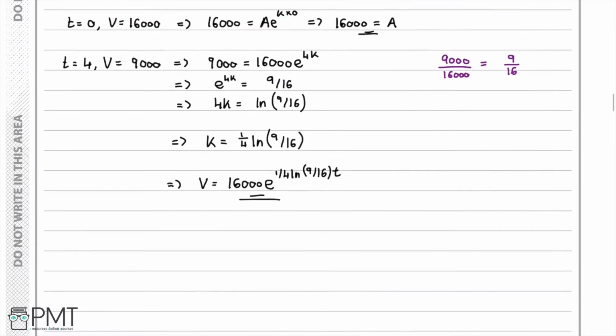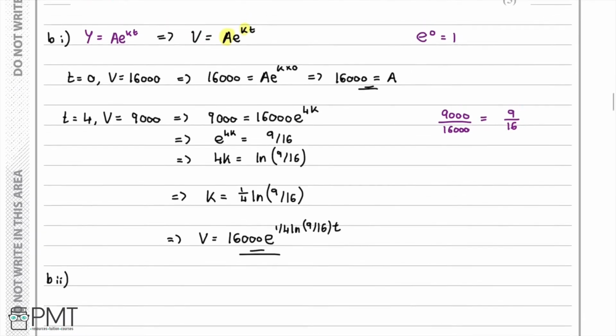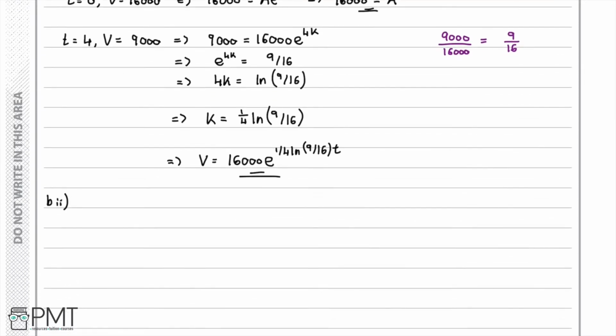Now taking a look at question B part 2, we are asked to use our answer from B part 1, so this equation here, to estimate the daily volume of oil that will be extracted exactly 3 years after the start of the drilling. So how will we do this? We will simply take our equation here and substitute in with t being equal to 3,